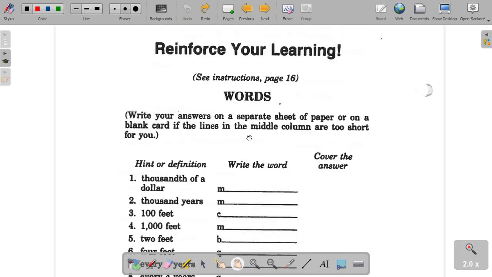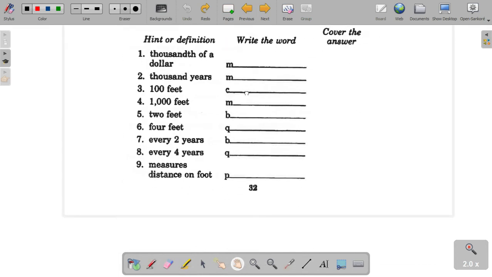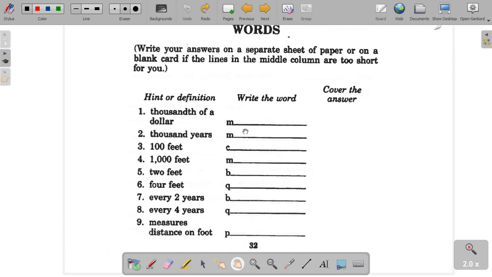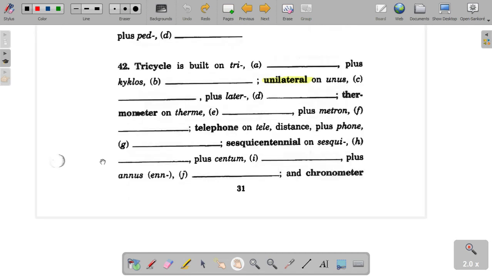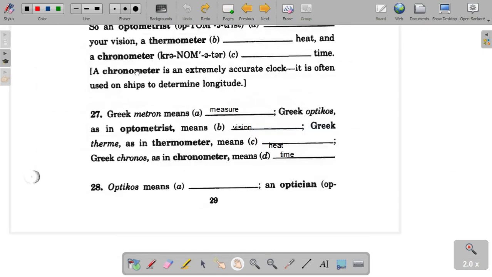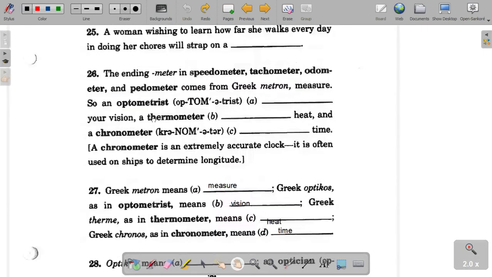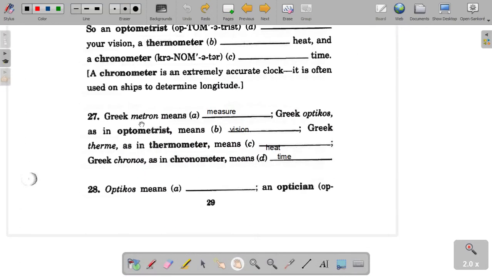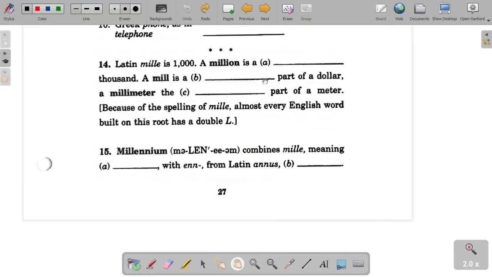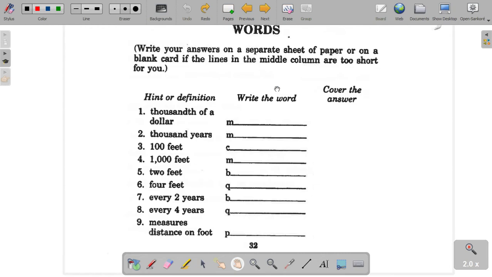Quick review here. So a thousandth of a dollar would be a... Cent. Yeah, well, actually, that would be a hundredth of a dollar. What would be the thousandth? Actually, this one I have to look back on. I actually don't remember what this one is called. Oh, wait, let's see. A mil apparently is a thousandth of a dollar. We don't use mils anymore. I mean, not to measure dollars, certainly. 1,000 years would be... Millennia. Millennium, right.